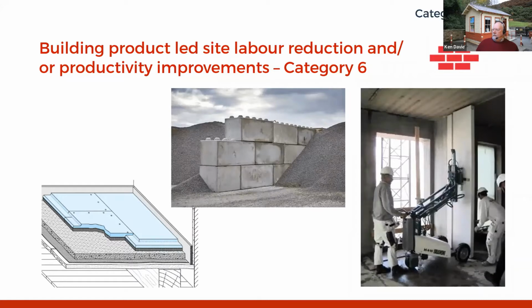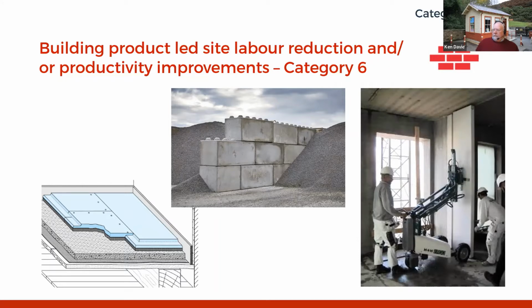In this instance, the image I've got looks as if it's in a yard, perhaps a concrete batching yard. It's something that wouldn't be particularly appropriate, but the principle here is quite interesting. It's described as dry screed board, and what it does is reduce the water content of screed in buildings, and it's much lighter than a conventional screed. But again, probably not something you would actually use on highways.